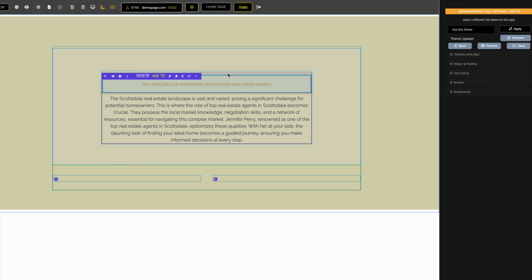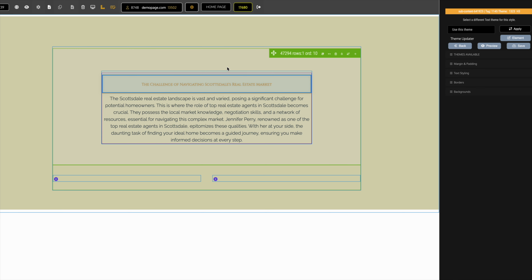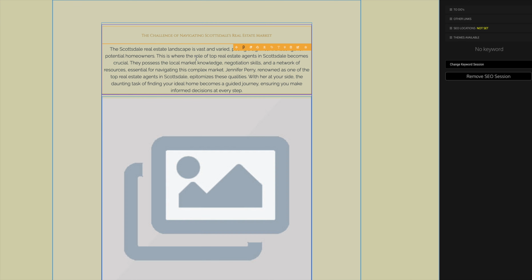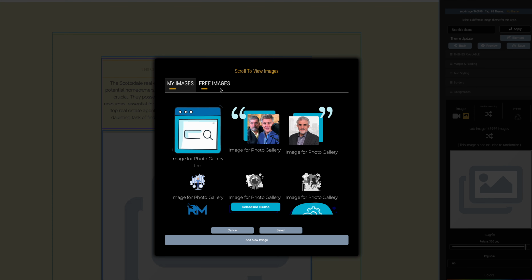So now we need to add images on top and bottom of this. So you can see that these images are here. Okay, and I believe those are free from our system. So we're going to add an image here. Select image. And we're going to click on this to style that image because it exists in our backgrounds already. So you go to free,